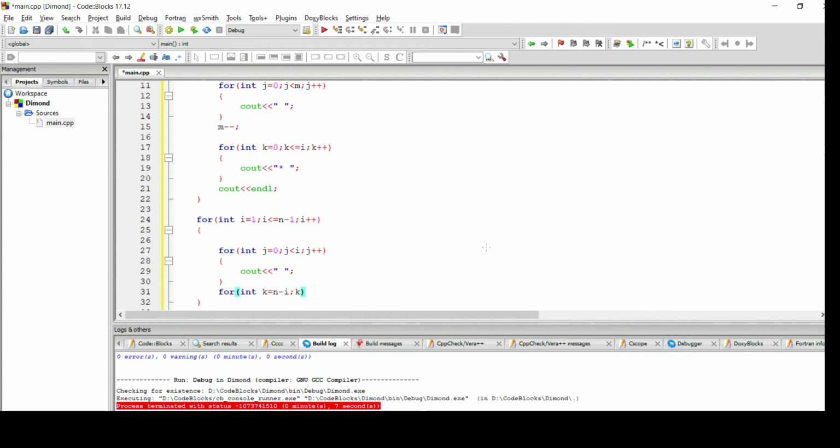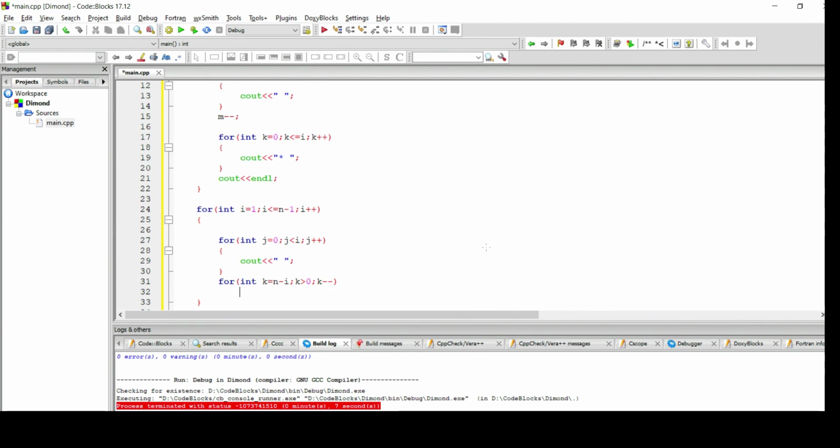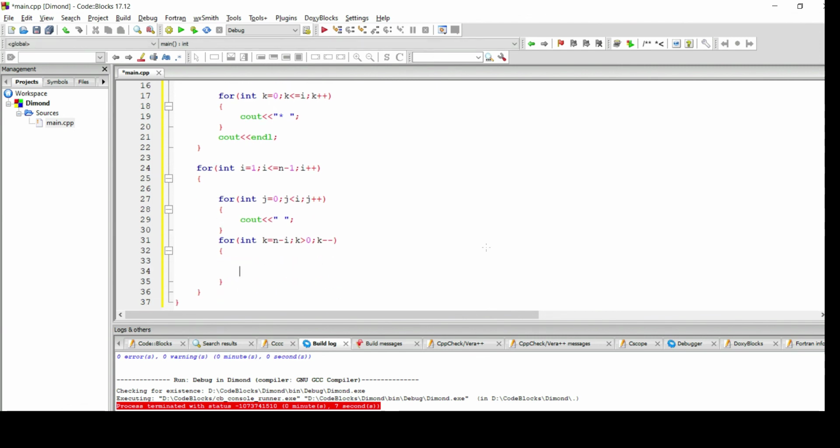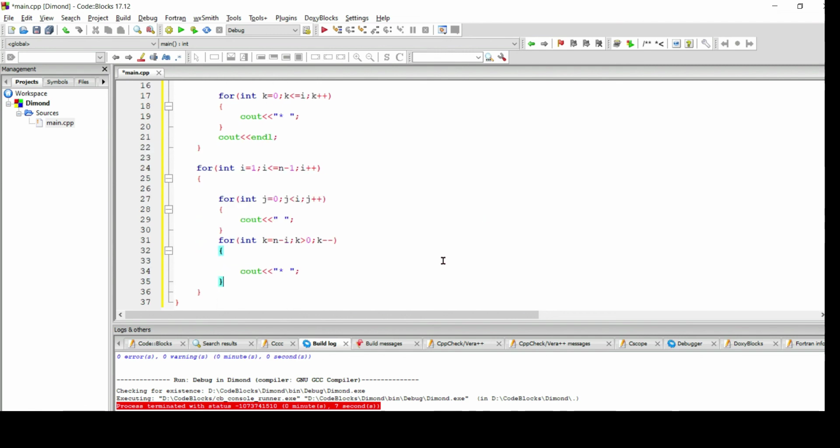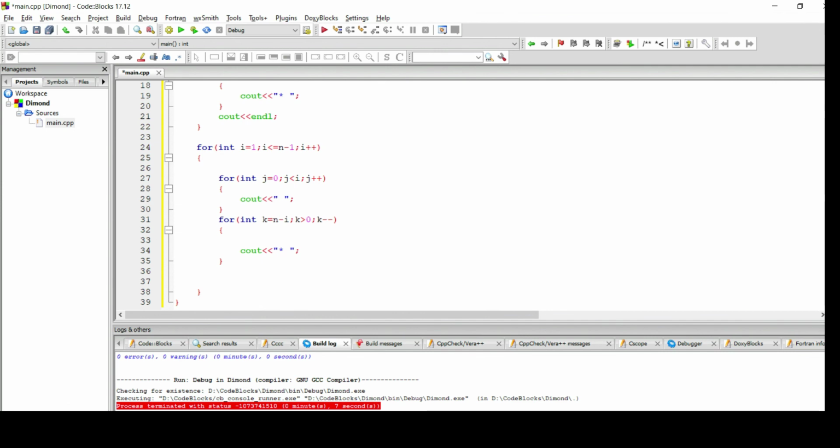Now k should be greater than 0. After that I will decrement the k, and now print star, but after star I will give space, similar to what we did before. In the earlier code I had ended the row with the endl statement, the same I have written.